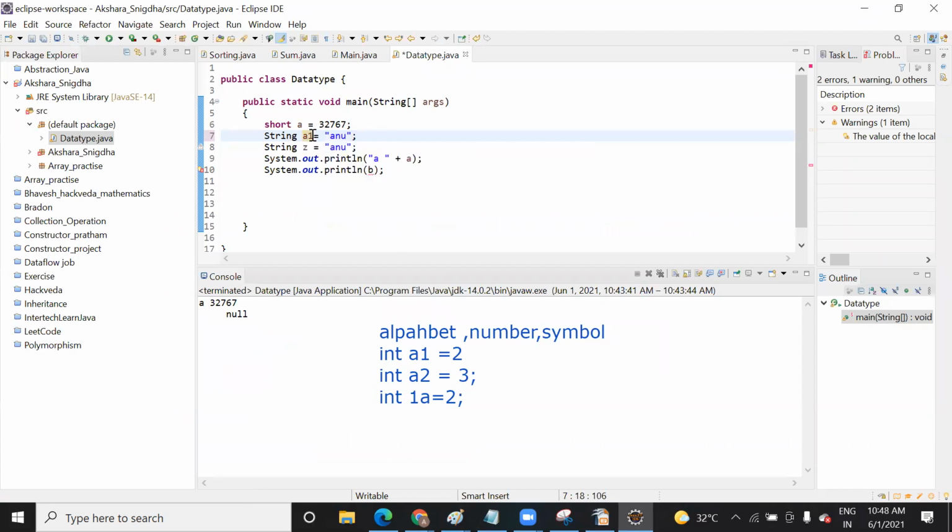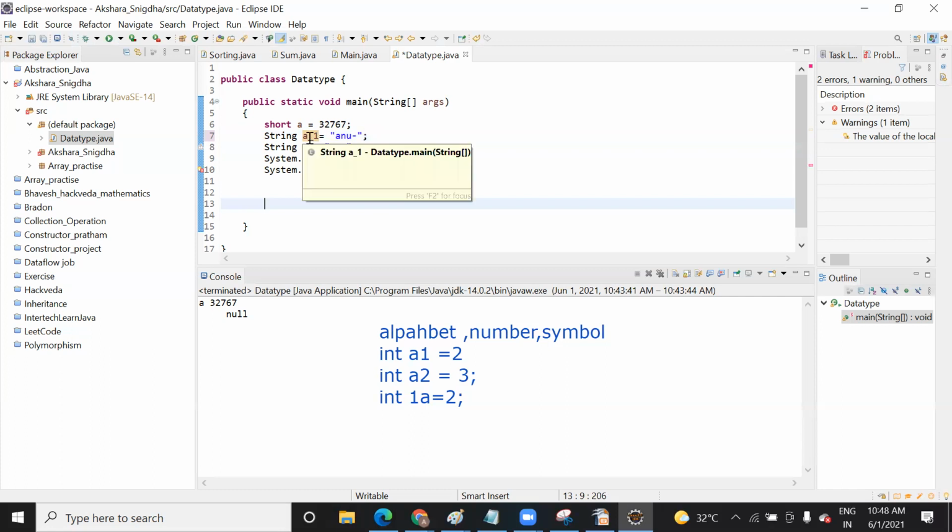Let's take a symbol, whether it is working or not. So it is giving an error, right? You can't give a symbol here. And let's see whether it is working in this way. So it will give an error. Symbol, you can't use it in a variable name. You can use a symbol in a value. Let's see whether we can use it. Obviously, within a double quote, you can use anything. Okay, let's see whether underscore is valid or not.